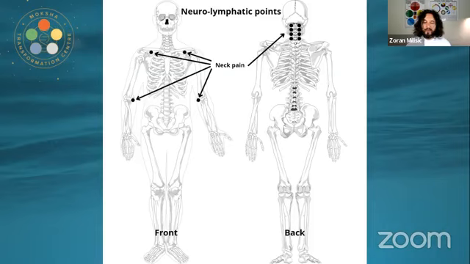neurolymphatic points. We have them at the front of our body and at the back of the body. I will actually show them separately when I stop sharing my screen. But the ones at the front, they are really here. If you touch this anterior part of your body with your thumbs, so when you bend your arms like so, where your thumbs touch your skin here, these are the points to massage, and they are the neurolymphatic points, which will release the anterior neck